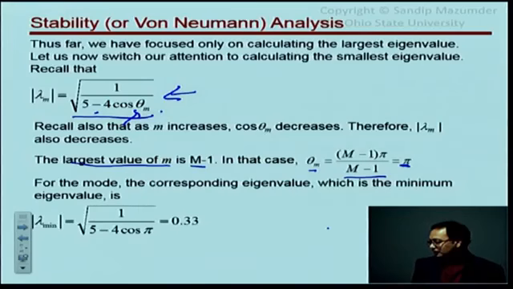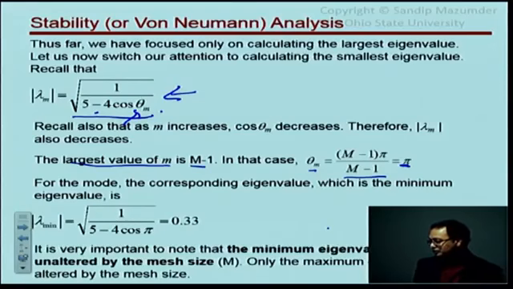So that gives me then 0.33 for lambda min. Okay? And so you see the minimum eigenvalue is unaltered by the mesh size, which in this case corresponds to capital M, the number of node points. Okay? Only the maximum value is altered by the mesh size. So what does that mean? That means that